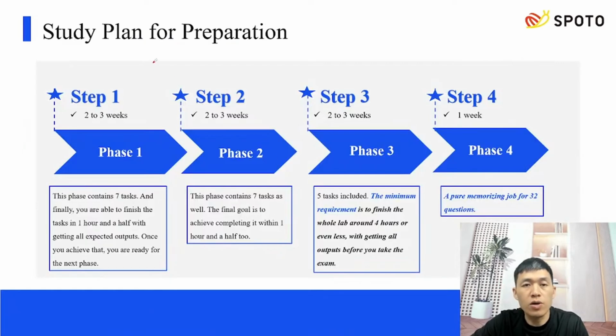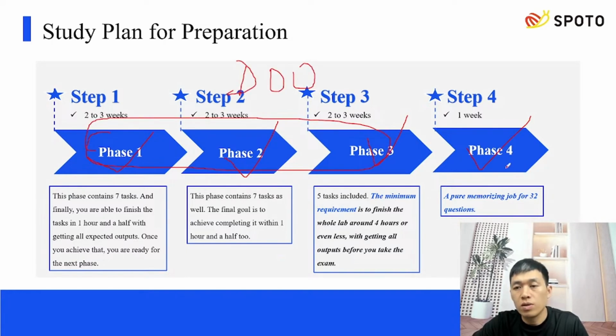And here a study plan for preparation. 4 phases. The materials will be delivered into 4 phases. The first 3 are about DOO, and the last one is about design. Okay, 42 questions. Alright, and the first 3 about DOO, 19 questions in total. Alright,